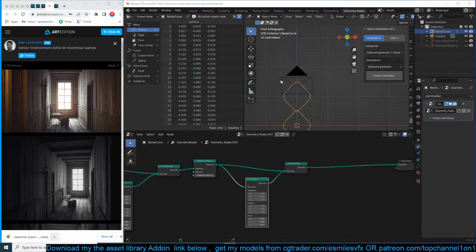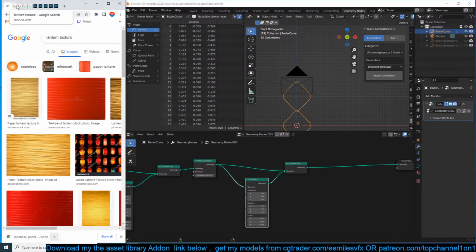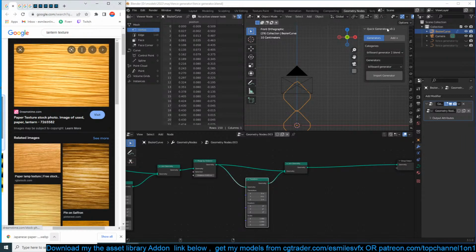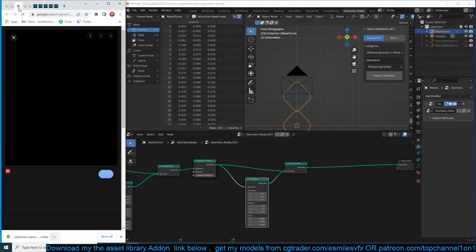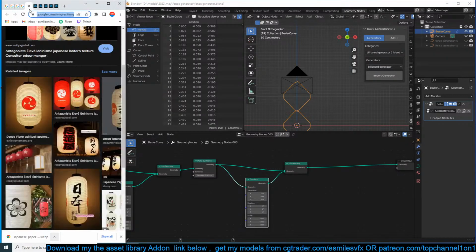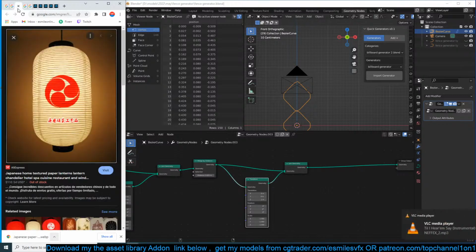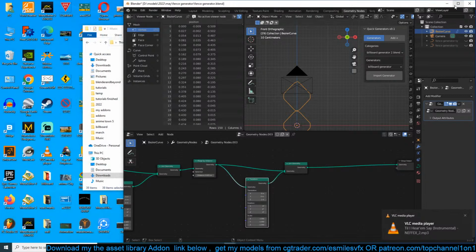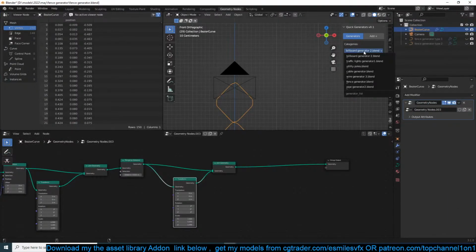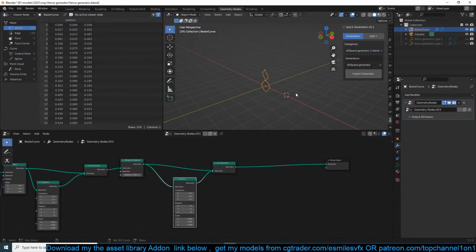Yeah, I'm creating a fence generator. Let me see if I can show you what I'm working on. Like I said, I'm working on this quick generator, basically having a lot of generators that I'll be selling on my Blender Market, and also give it to my Patreons. It's basically a library of different generators. I'll have billboards. Let me try to show it off here.